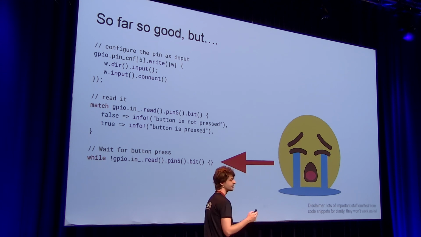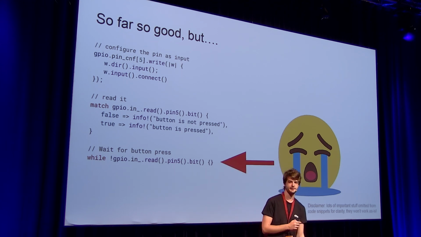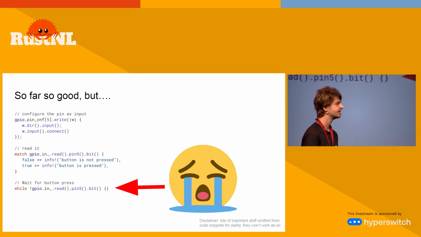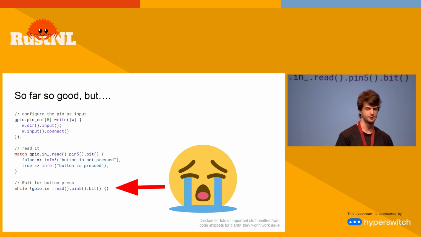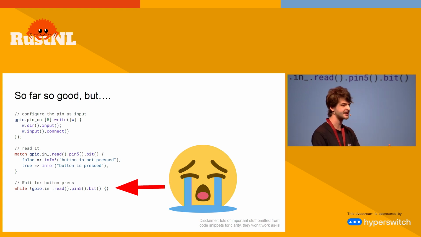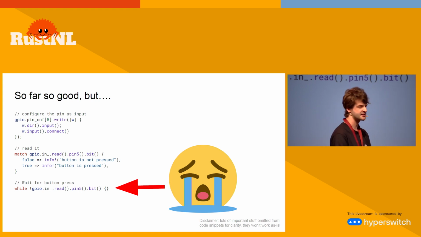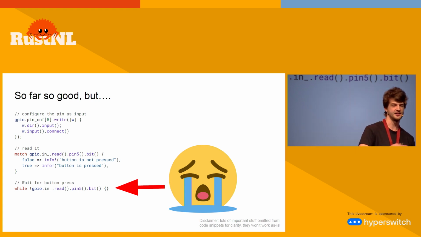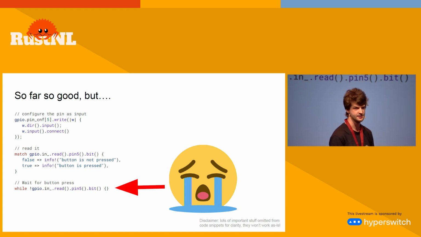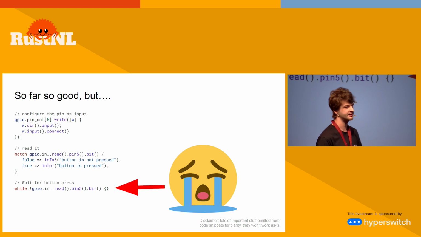But you do not always want to read the state of something. You sometimes want to wait for something. For example, we want to wait for the button to be pressed, which is a really common thing to do. Typically, if your device has some kind of UI, you sit idle and you wait for the user to press a button or touch something in the touchscreen. Or a sensor to detect something. So the dumb way to do this is, okay, fine, I will spin, read this register in a loop, and wait for the value to change. So when it goes high, the button has been pressed, and then break the loop and continue.